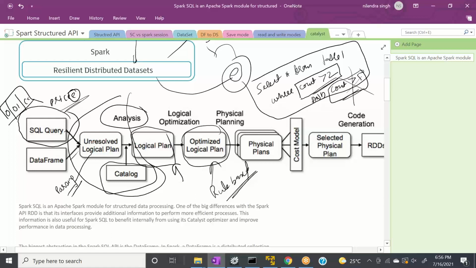They know that if this type of statement has been written by mistake, then apply some rule, remove one thing and move ahead, right? And then it will create some physical plans. What physical plan means: from the optimized plan, it will generate multiple physical plans based on rules, right? So physical plan 1, physical plan 2, P1, P2, P3, and then